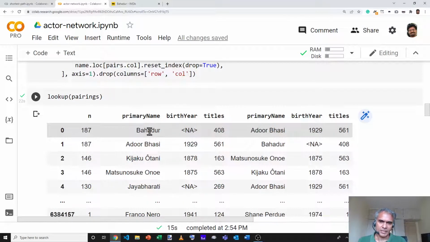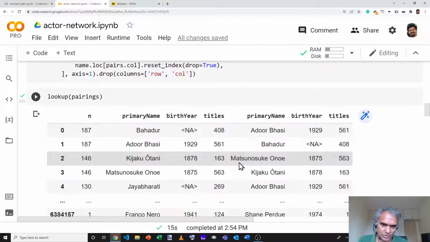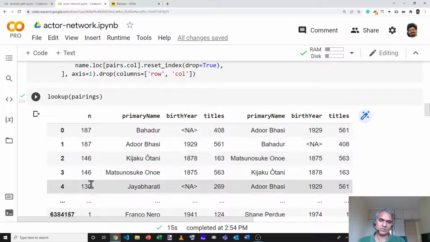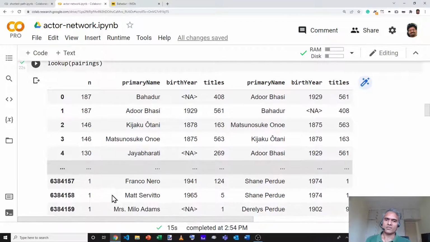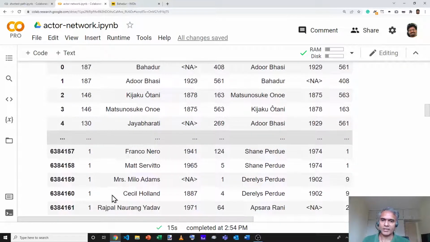The Indian Malayalam actor Bahadur has acted with Adur Bhasi, a co-star, as many as 187 times. The Japanese actor Kijaku Otani has acted with Matsunosuke Ono over 140 times, and so on. This is the starting point of us being able to build the network and applying the clustering algorithm.